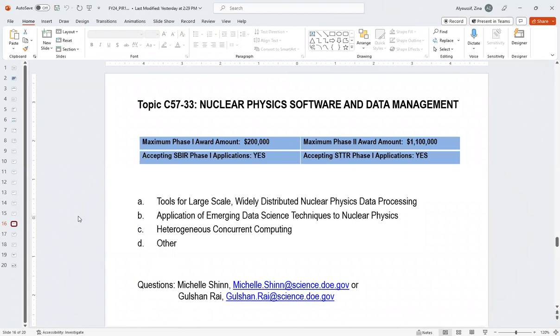So before I launch into exactly into the subtopic, I have a few general comments. Firstly, hopefully you folks have been looking through the overview for nuclear physics, but I really want to point out that we do not do anything in the energy area. That's covered by nuclear energy. And nor do we do anything in nuclear weapons. That's covered over in NNSA. All of these topics support nuclear physics subprograms. Our topic revision is based on our nuclear physics community's input.